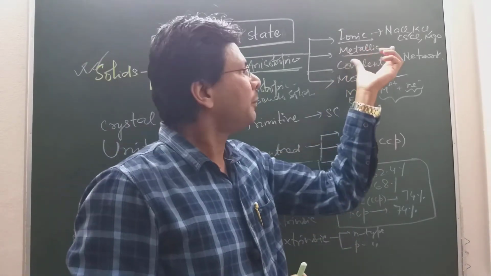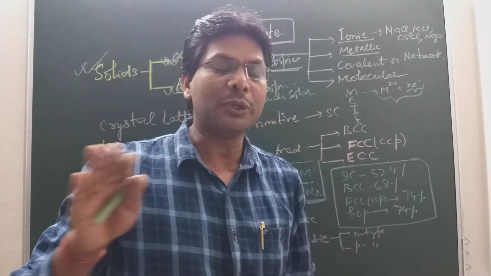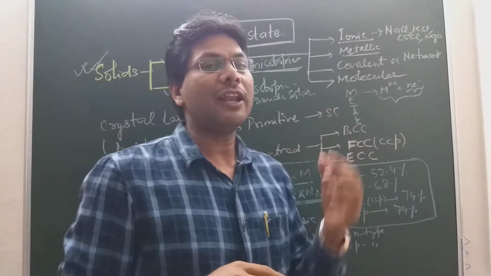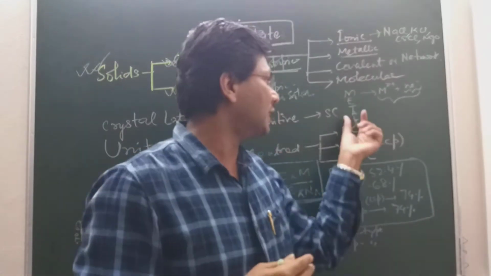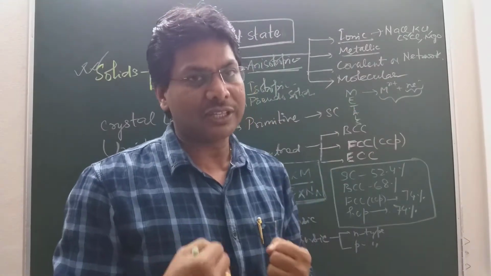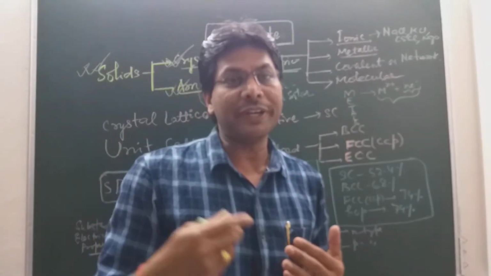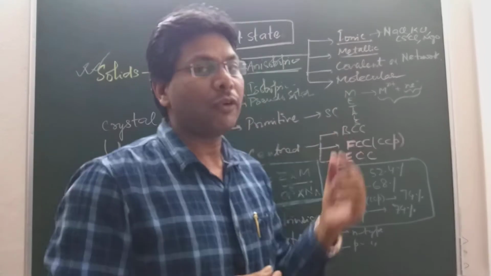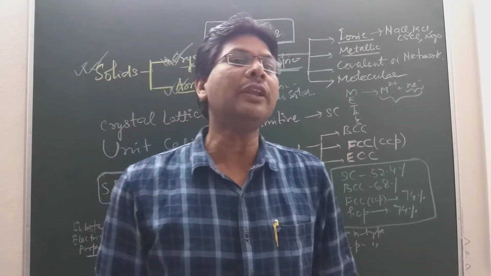Metals are hard, they have high tensile strength, and they are malleable and ductile, so they can be converted into sheets and wires. They are electropositive, they have the ability to lose electrons, and they are good conductors of electricity. They have high tensile strength due to strong metallic bonding. They are thermal conductors, so heat can be conducted through metals. They form alloys. Alloys are a homogeneous mixture of 2 or more metals, sometimes a metal and non-metals.